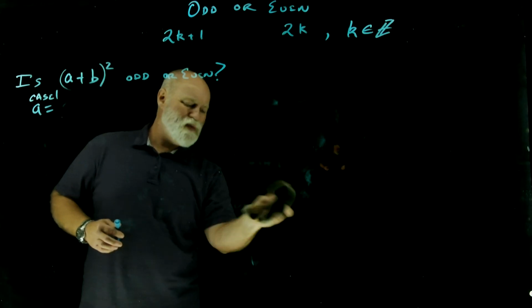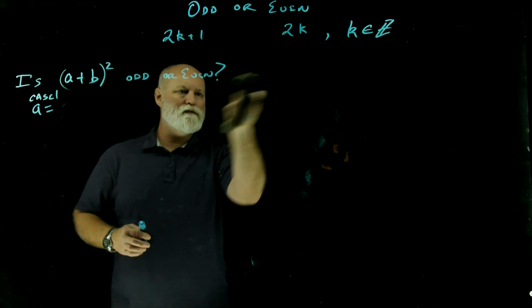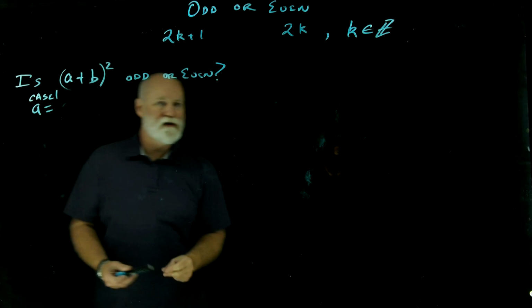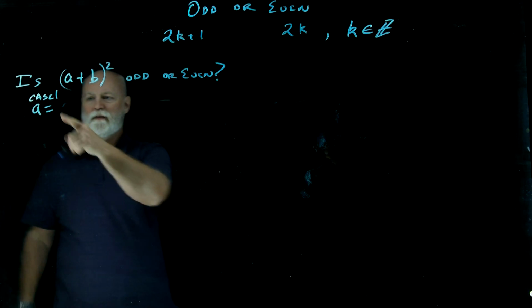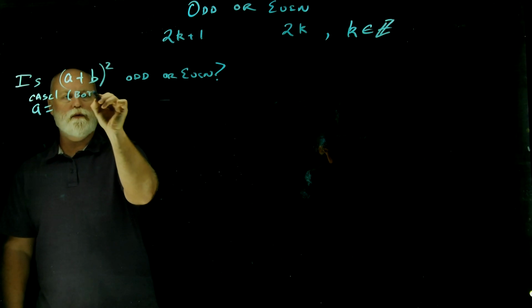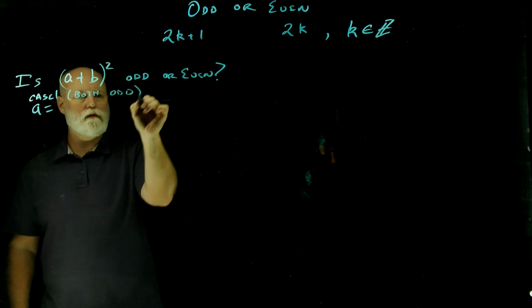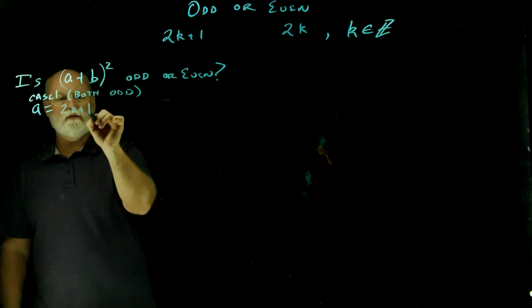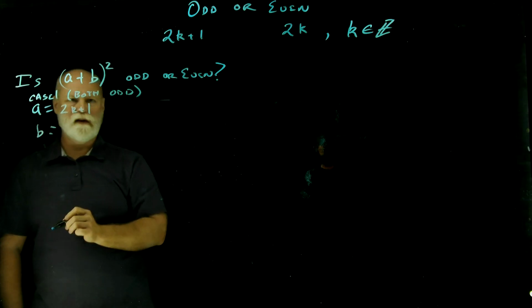In some cases, we can have more than two cases. In some situations, we need more than two cases. And we'll just kind of look through this and see how many cases we need. Case one, obviously, is maybe both are odd. So a is equal to 2k plus 1, b is equal to, and this is the thing where we have